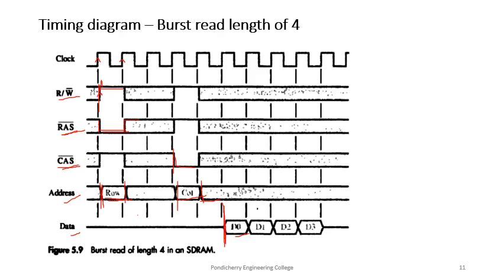Okay, but after this, for every cycle we could get the next immediate bytes in this burst mode. So that's the advantage of having this fast page mode. After this, we need not have any address latching required, only the initial address is required, and automatically it's going to select the next column set in the successive clock cycles.